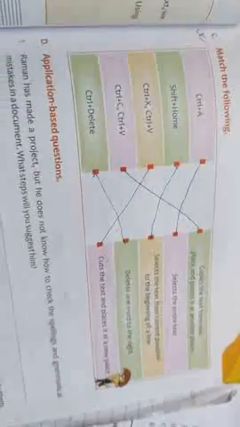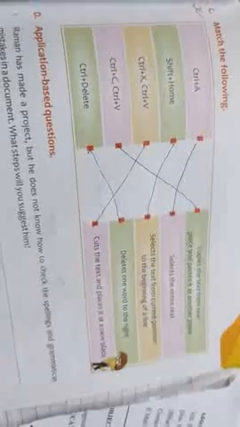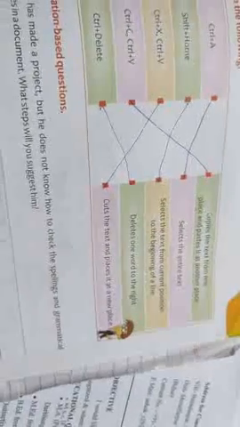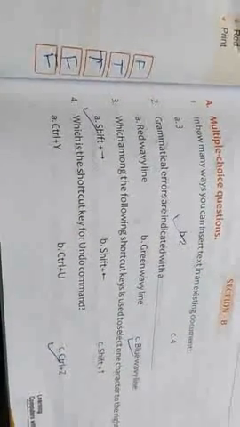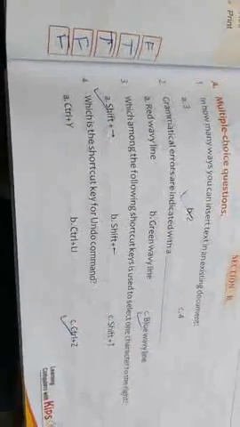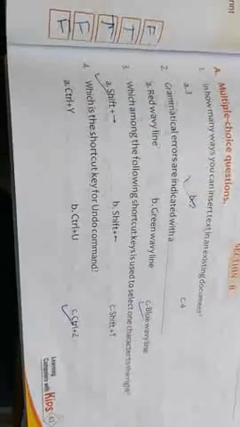And now Control plus A selects the entire document. Shift plus Home key selects the text from the current position to the beginning of a line. Control plus X and Control plus V cut the text and place it in a new place. Control plus C and V copies the text from one place and pastes it to another place. And Control plus Delete deletes one word to the right. MCQ: in how many ways can you insert text in the existing document? Grammatical errors are indicated with blue wavy lines is true.